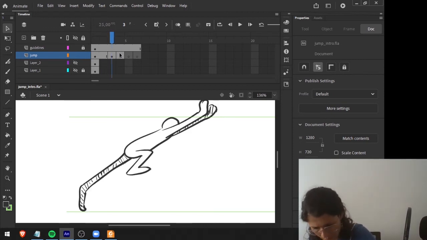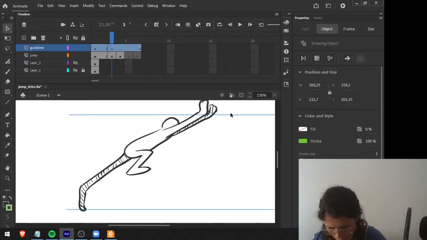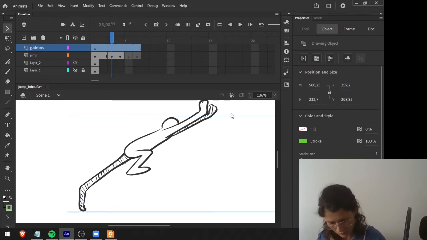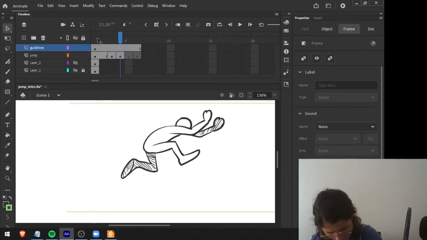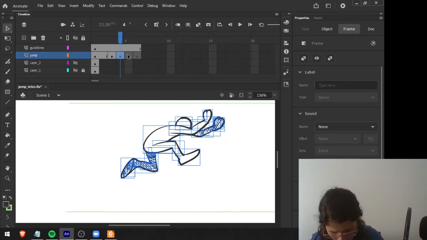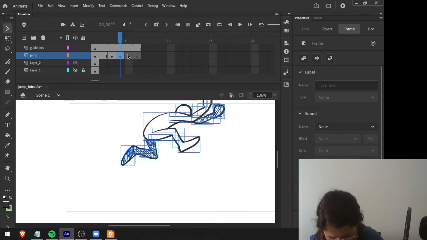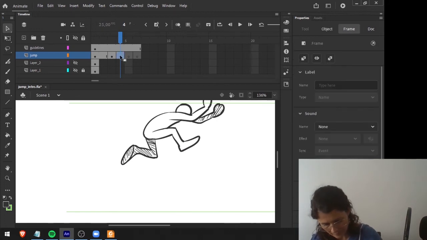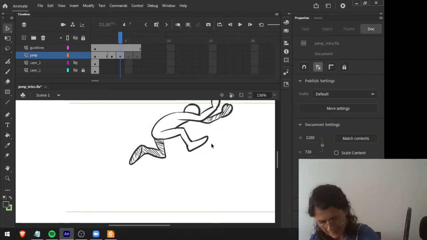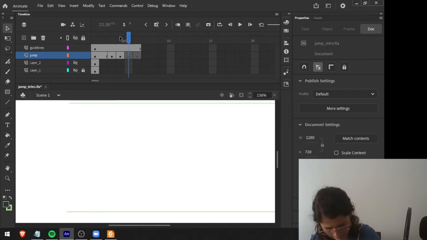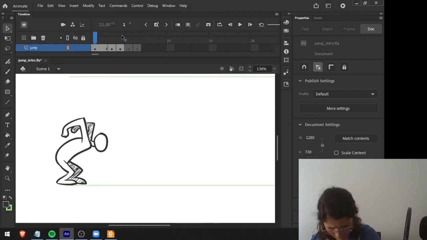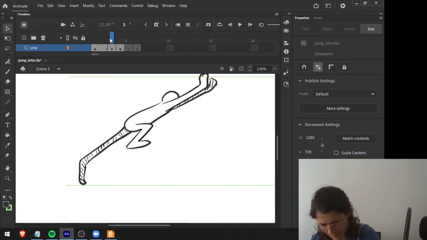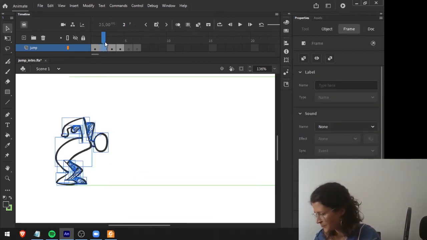I will put my up pose higher. Oops, I don't want to move everything. So here, this pose, I will bring it up. Now like here, okay, and a bit to the side. All right, so let's now break these two apart and let's make one in between here.